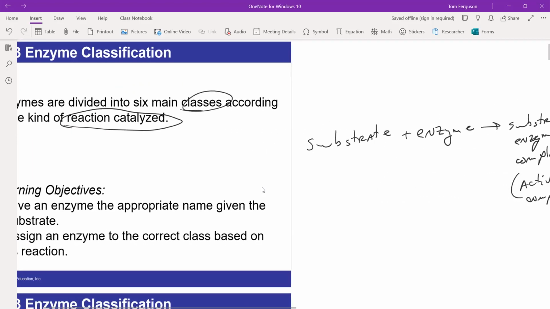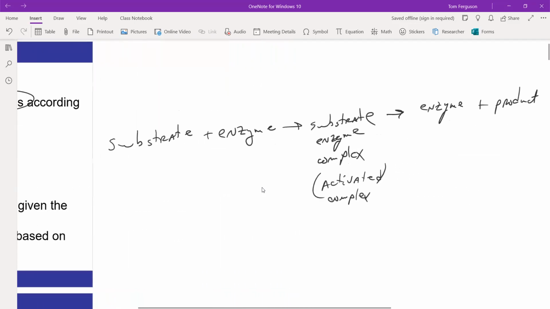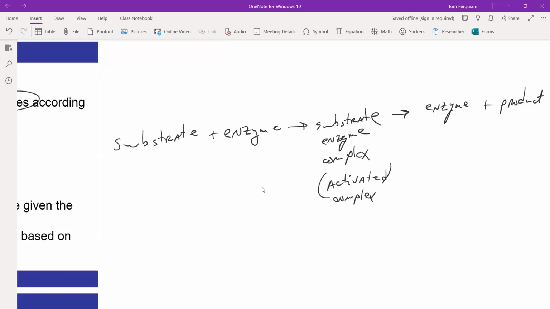All right. So this is what they're talking about, the reaction. Okay? All enzyme reactions are in this form. Just like in 305, we talk about reactants and products. In biochemistry, we talk about substrates and products. Same kind of deal. In 305, there was the activated complex with the reactants' bonds being broken, forming an activated complex, and then from there forming the product or back to the reactant side. Okay, same with enzymes. Enzymes are the catalyst. That means they speed up the reaction by lowering the activation energy.